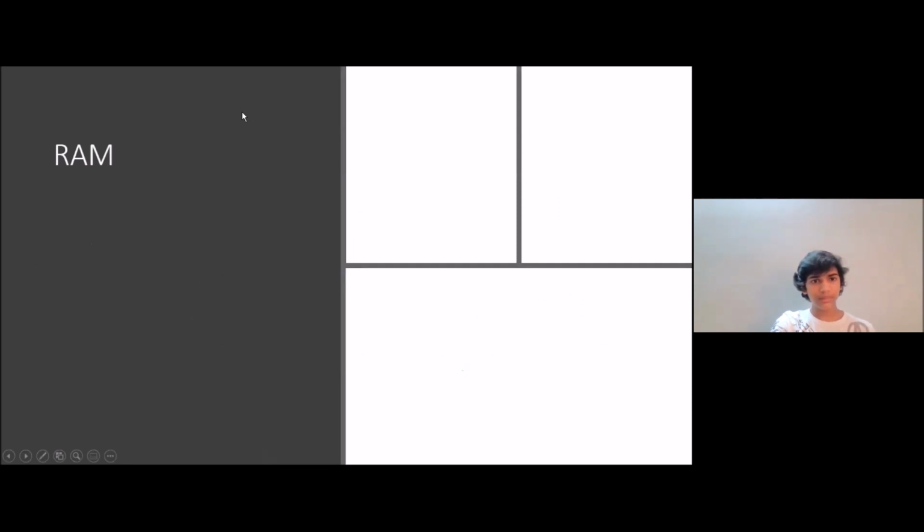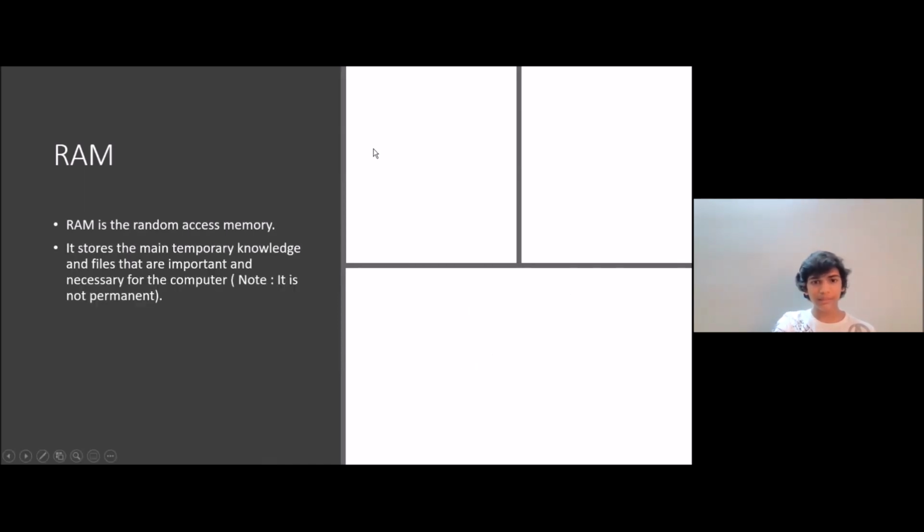So now we'll learn about RAM. RAM is random access memory. I'm sure most of you might know it, but even if you don't, it's fine. RAM is random access memory, and it stores the main temporary knowledge and files that are important and necessary